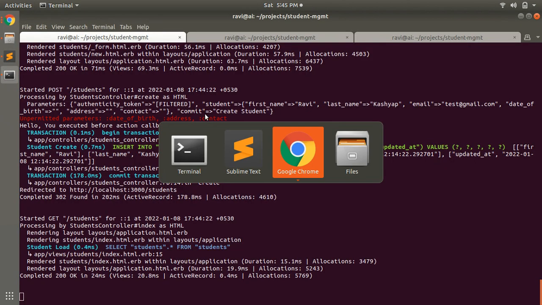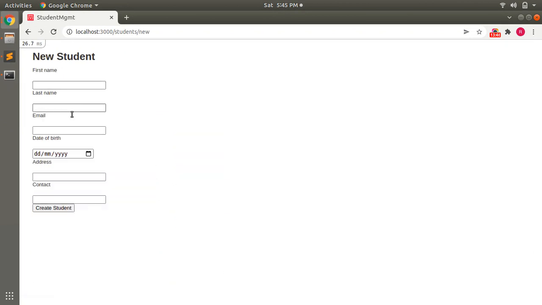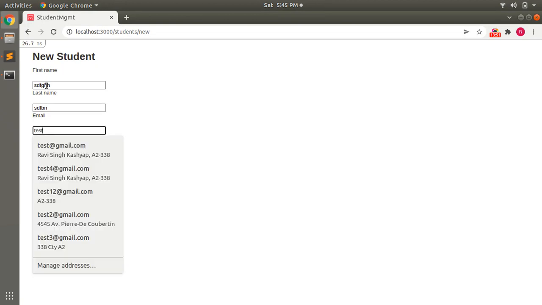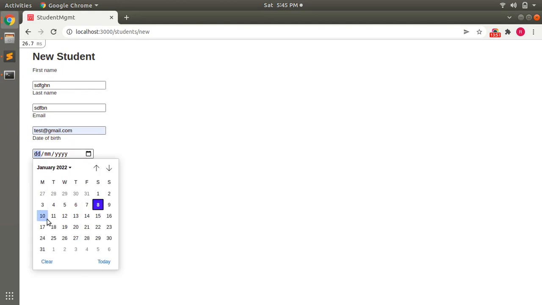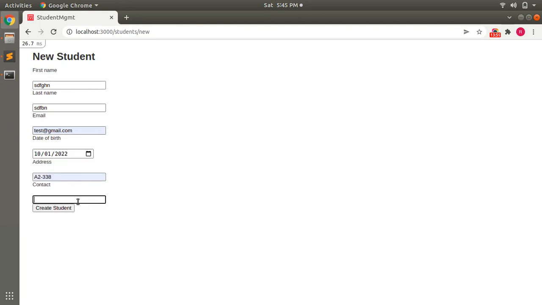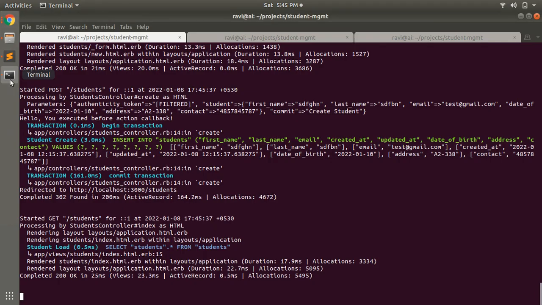Now when you refresh the page and open a new student, and you provide some value here, let's say test@gmail.com, and some date of birth here. You can choose, let's say 10, and here contact number. And now if you submit this form, okay, you will see that student has been created successfully. And now at the terminal you can check that first name, last name, email, and the newly added attributes date of birth, address, and contact have been added as well.